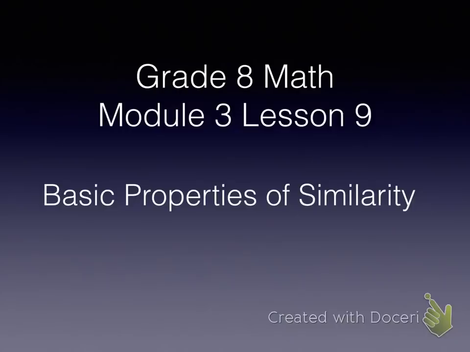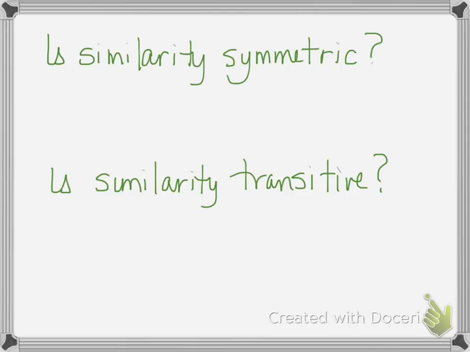So the properties that we're going to explore are called the symmetric and transitive relationships. Those sound difficult, but they're really fairly straightforward once you know what we're talking about. Okay, so these are the questions. Is similarity symmetric? If we were to say that similarity was symmetric, we would say that if we